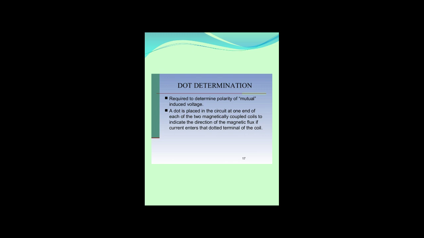Now the second concept is dot determination. Dot determination is required to determine the polarity of mutual induced voltage. So a dot is placed in the circuit at one end of each of the two magnetically coupled coils to indicate the direction of magnetic flux. If the current enters the dotted terminal of the coil